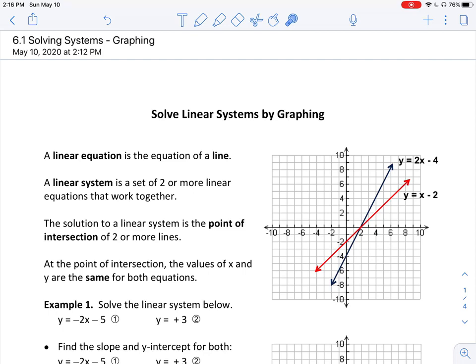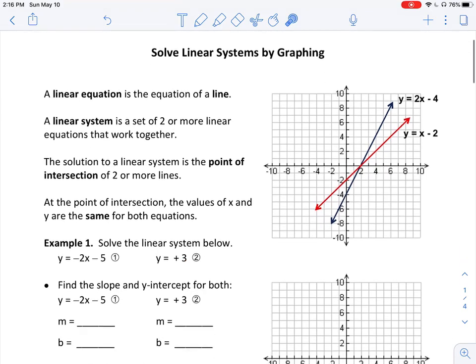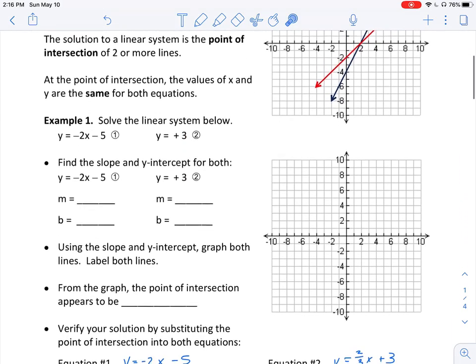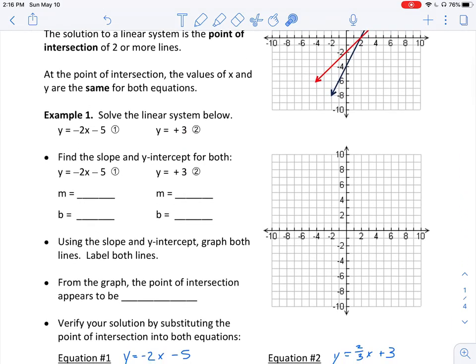At the point of intersection, the values of x and y are the same for both equations. So what it's saying is that this point right here is along the red line and it is along the black line. So they're the same values. So our first example, we're going to solve the linear system below. So we have one equation, which is y equals negative 2x minus 5, and the other equation is y is